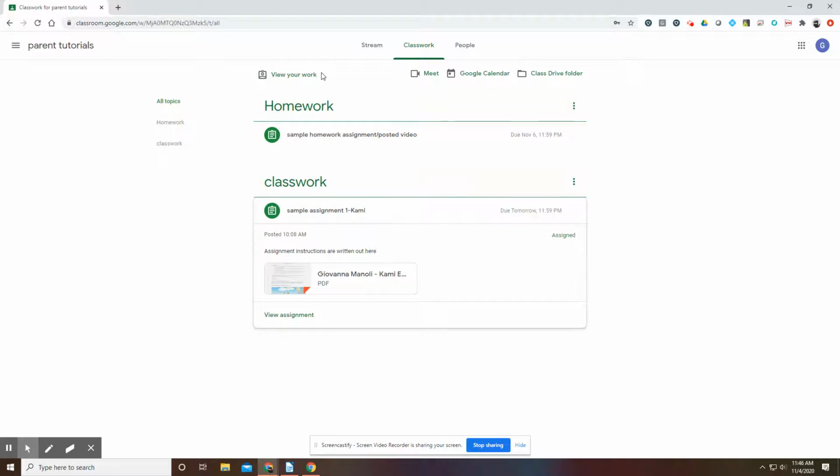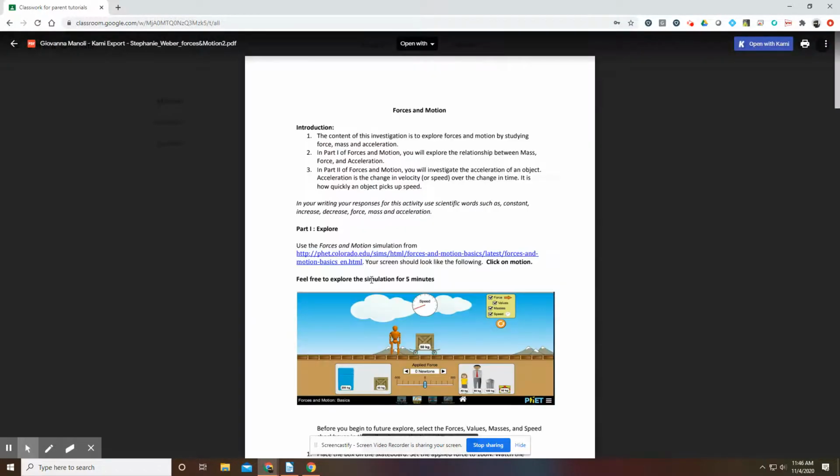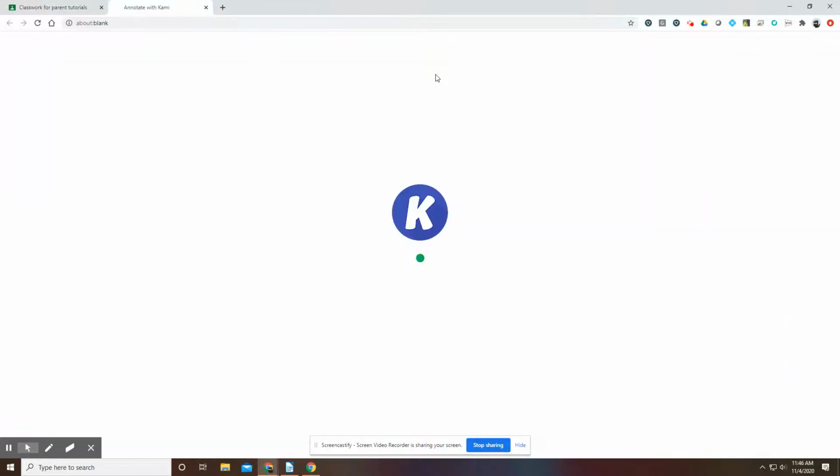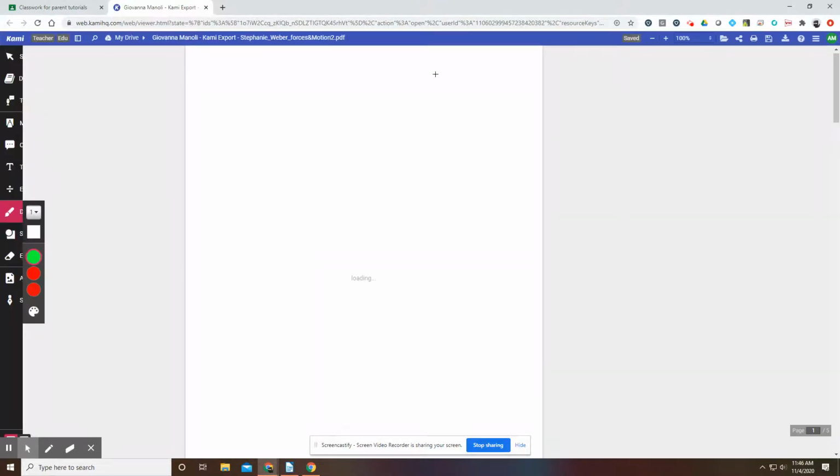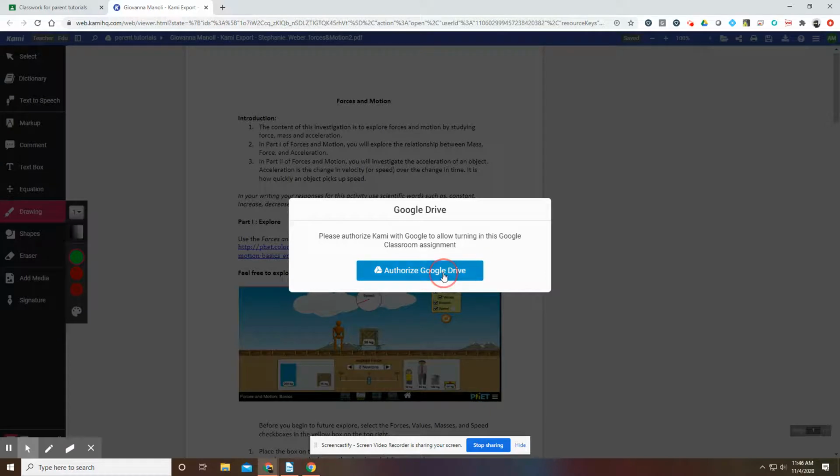I've created a couple different assignments so you can see how they work and how your student will do the assignment and then turn the assignment in. 2 different styles. The first one I'm going to do right here, it's a Kami assignment, which you'll probably see a lot of teachers are using Kami now. So when you click on this, the first thing that you need to do is open with Annotate with Kami. And Kami is an app extension that allows somebody to,